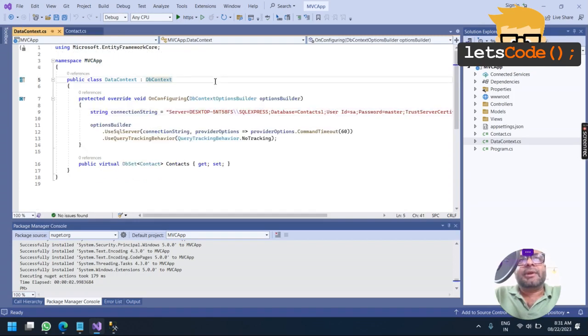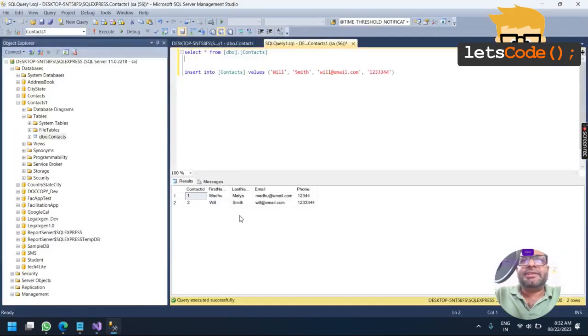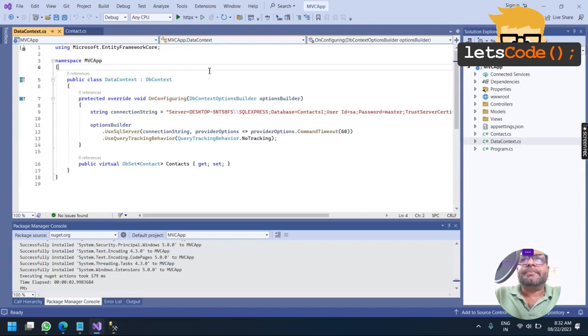Another was the data context class. The context class is the class representation of your whole database. This context class exposes the database tables one by one. So we have the data context and the entity, and with the help of these two classes we are going to do the database extraction. We are going to perform CRUD operations one by one. Our very first intention is that there are two records in the database table, and we want to list these two.